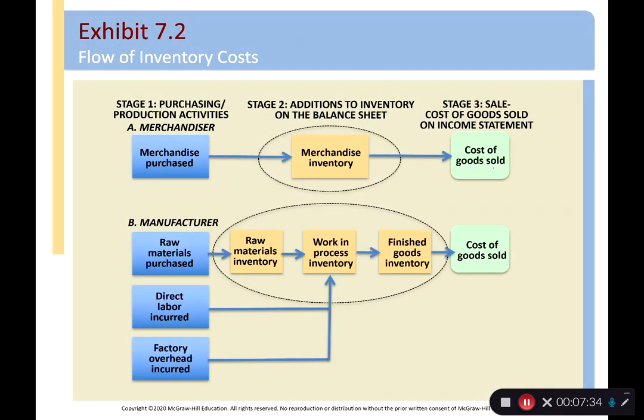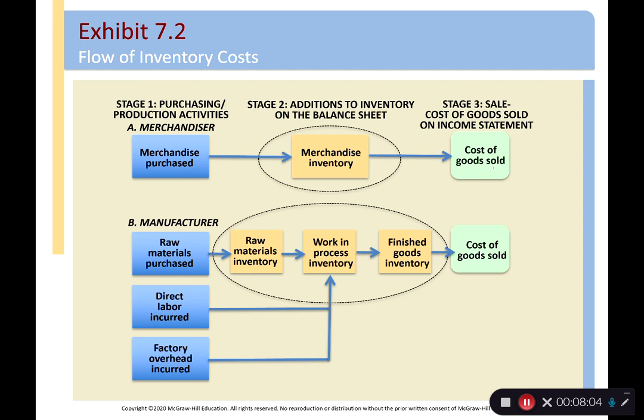It's important to understand that inventory costs first become an asset and they only become an expense once they're sold. So for a merchandiser, when we buy inventory, it becomes merchandise inventory, which shows up on our balance sheet, and it only gets expensed when it's used. Remember, we expense things when we use them. How do we use inventory? We sell it. So when we sell it, the inventory becomes an expense on the income statement known as cost of goods sold. For a manufacturer,